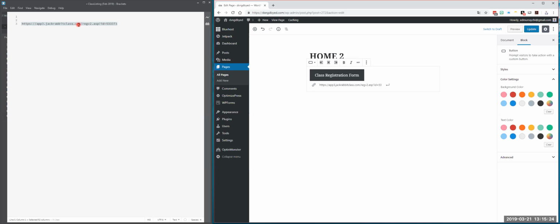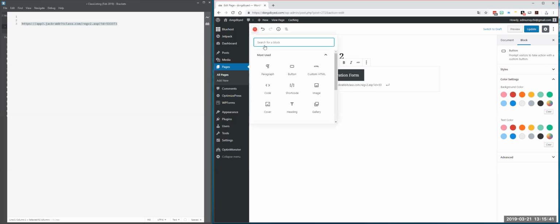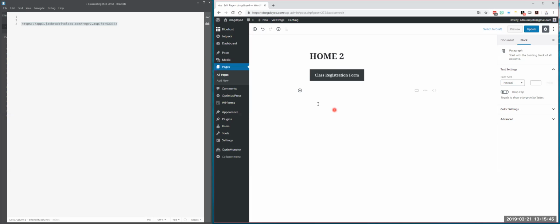our web registration form. Let's just say I wanted to do that with text. Let's say I wanted just to have a paragraph and then a place where someone can just click on the text, and it will send them to my web registration form. To do that, I will click on the add block again, and I'm going to click this paragraph. And then from here, I will say,